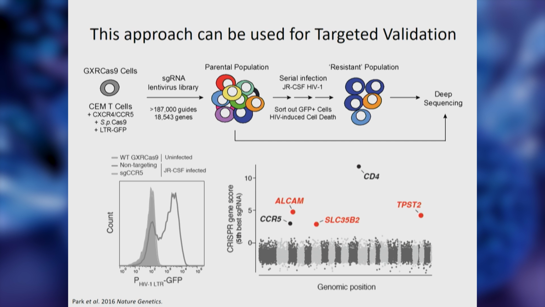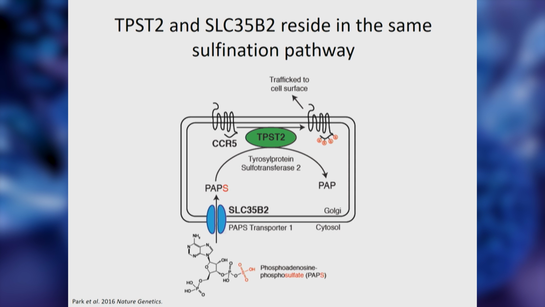Now, 2 of these genes, TPST2 and SLC35B2, actually reside in the same pathway, the sulfonation pathway. If something is going to be sulfated on the cell surface, it occurs in the Golgi apparatus. You have this sulfate donor, known as PAPS, which is transported into the Golgi by the action of SLC35B2. Then this sulfate can be donated to a target protein, such as CCR5, by the action of the TPST proteins, such as TPST2. So we took this and knocked it out in our primary cells and then stained for